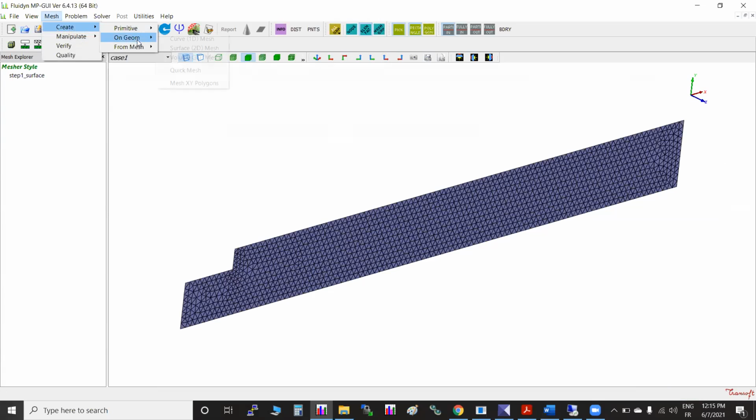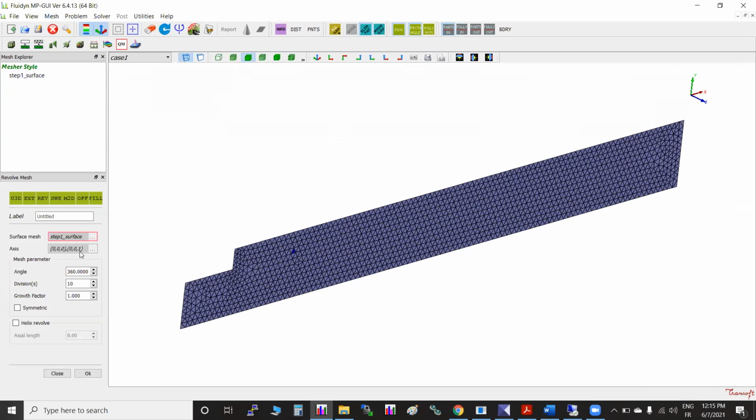Mesh, create from mesh, revolve. We will select this. It will be along the x-axis. The point I have given is a corner point 0, 0, 0, and this straight line is along the x-axis. Only one division. You can give 5 degrees.